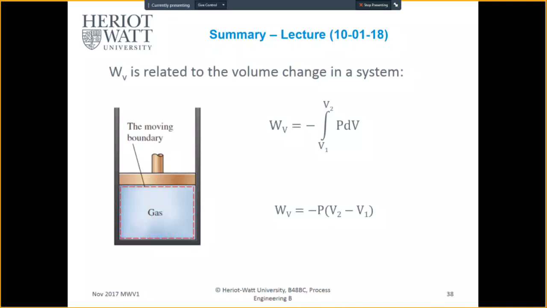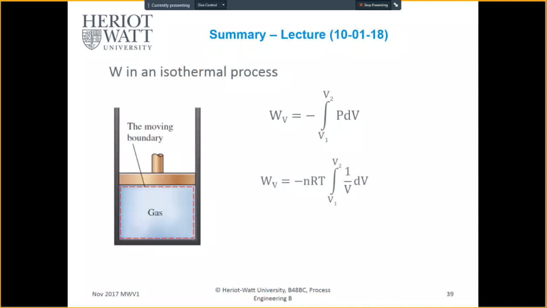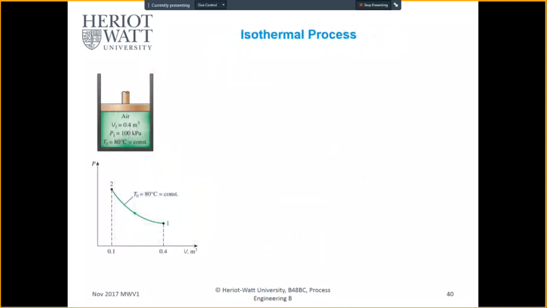And we covered these equations. It's the integral of the change in volume. For an isobaric process, when the pressure is constant, only volume changes. Volume work in an isothermal process, so when temperature is constant, is a function of volume or pressure. So your temperature is constant, and it's the integral of your volume or pressure. So,